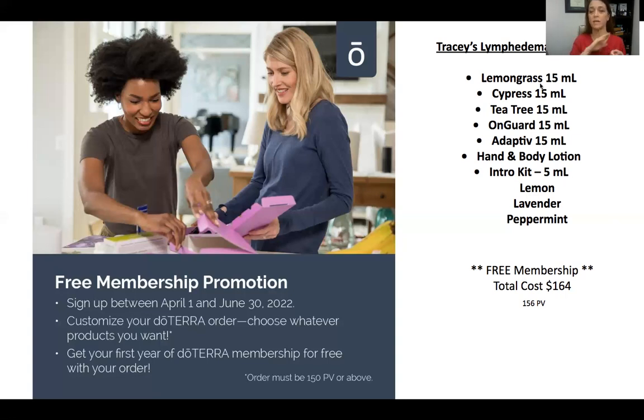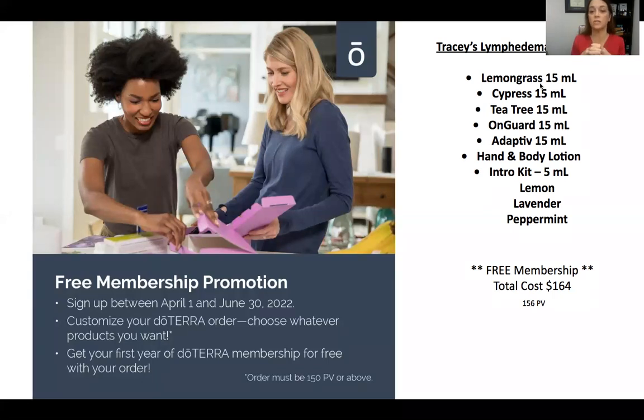Lemongrass and cypress is what I use for my manual lymph drainage. Lemongrass boosts lymphatic activity. It's also a natural bug repellent, so it's great for going into our summer months. And cypress is really great for edema control. So cypress is more for my lower extremity patients, but really anybody can use it because cypress helps